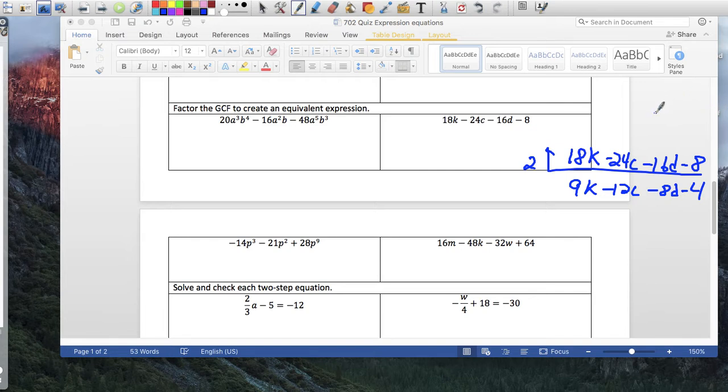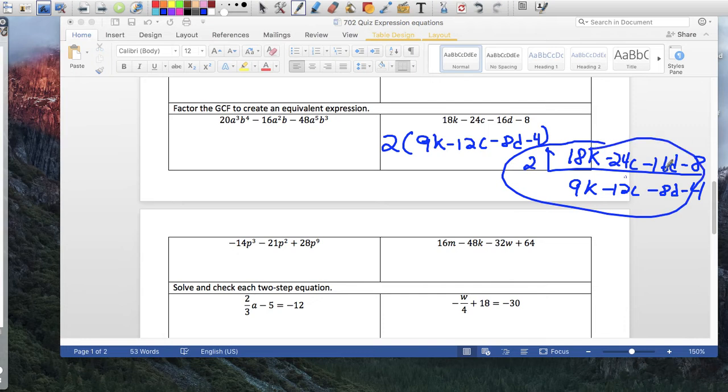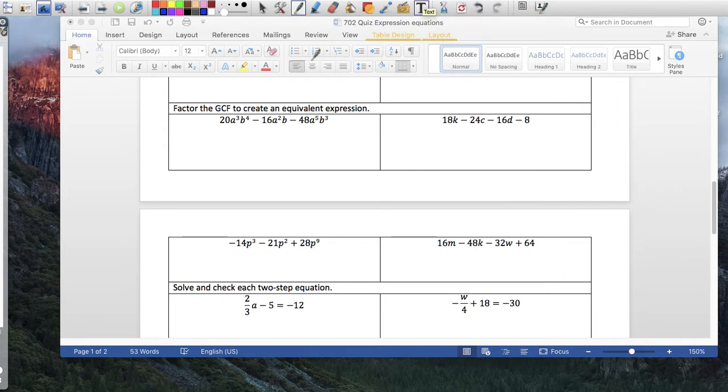So I need your answer to be in this format. Do not leave it just like this, because that's not the answer. This is the answer. That's work, and this is your answer. Okay, simple enough. Let me do the one at the bottom, because that doesn't have any